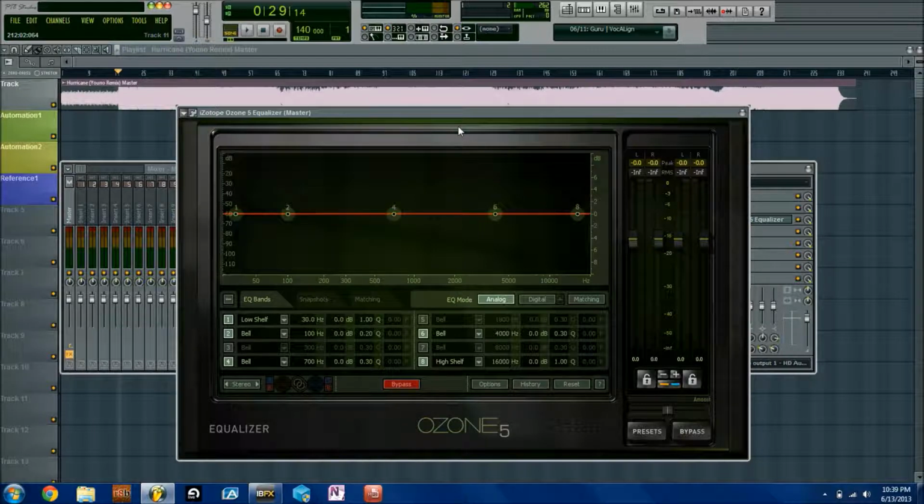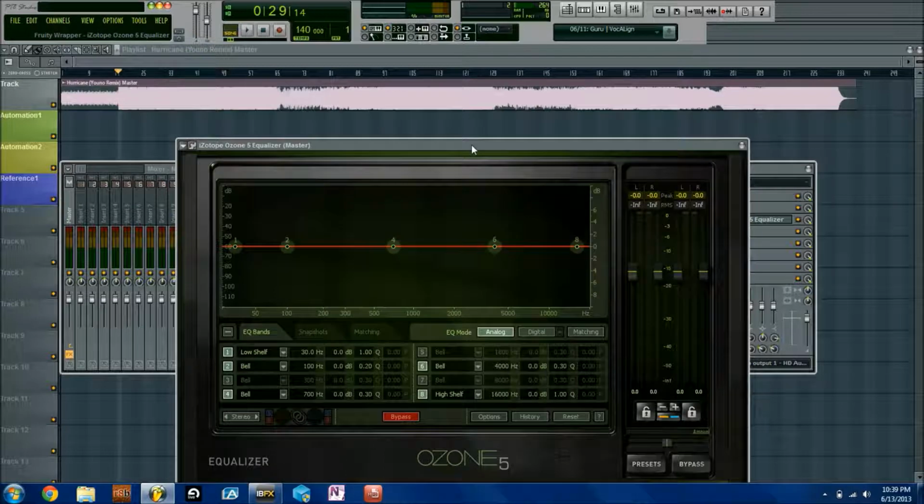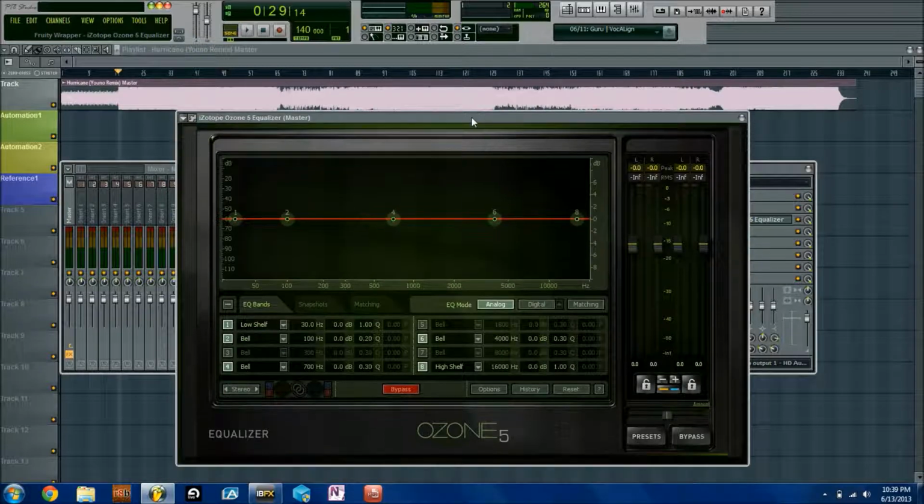And in this video, we're going to be looking at iZotope's Equalizer that they built into Ozone 5. It's one of my favorite EQs, and specifically this is part of the advanced version. The one you'd find in the regular version is not too dissimilar from this one. However, there are some little special things about the advanced one that are small, but they really make it